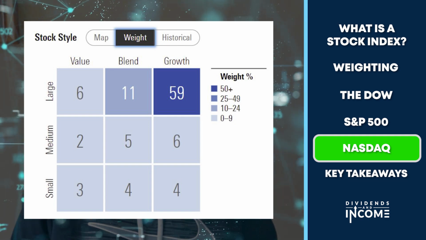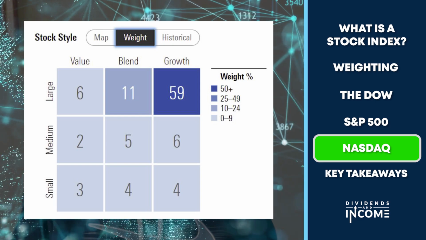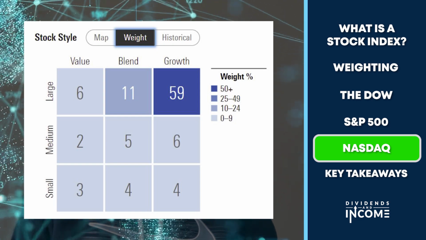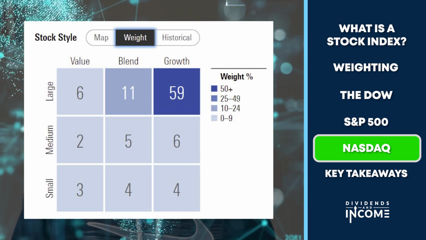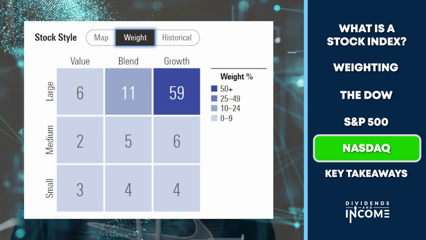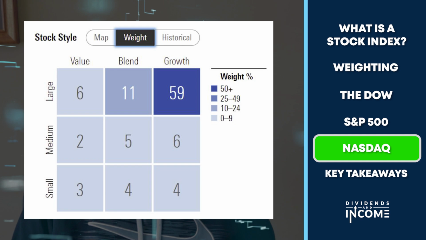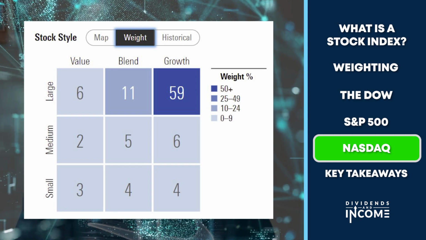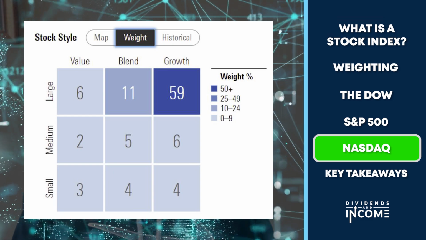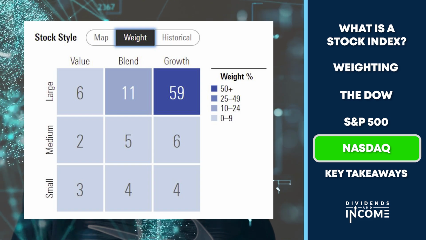And those are the small cap stocks that show up in small percentages, but they're still there at the bottom of the style box. There's a smattering of mid-cap stocks, but again, this index is dominated by large cap stocks across the top row. And you can also see the tilt towards growth. This is a go-go index. Well, everybody thinks of the NASDAQ as growth-oriented and with a lot of stuff going on, and that is in fact the case. 59% of the weight of the whole NASDAQ composite index is in the large cap growth category, according to Morningstar's style box.